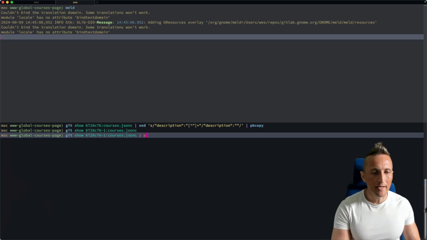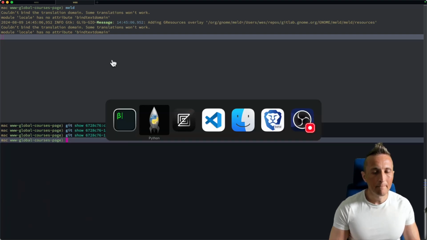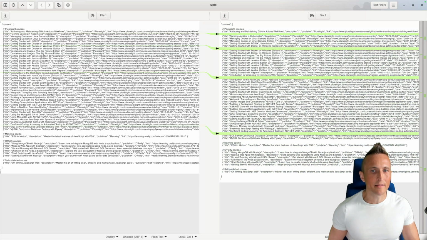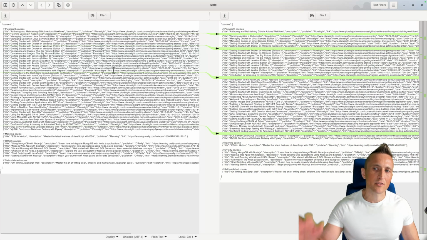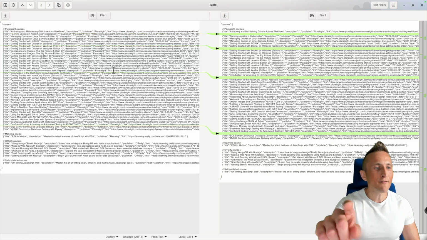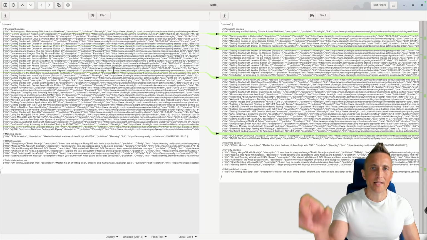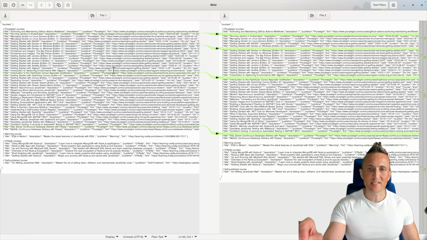All right, so now if I go ahead and copy that, paste that over on the left-hand side, there you go. You can see without the description afterwards versus before, there are only a few changes in here. This gives me a lot of confidence. So in stripping out that description field or property, I'm left with only a few differences in terms of what